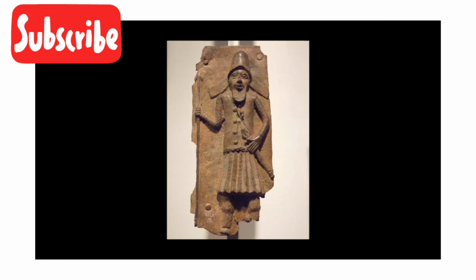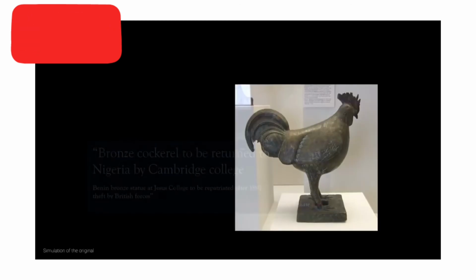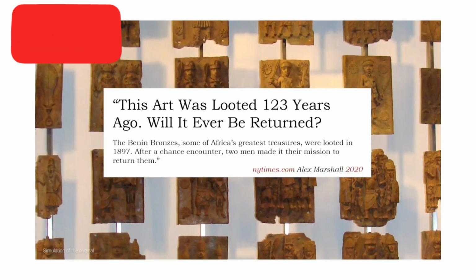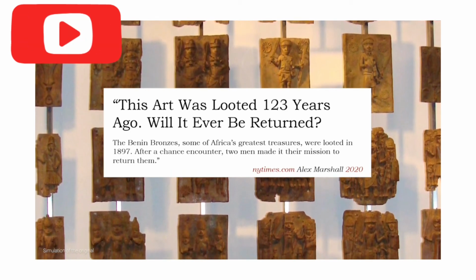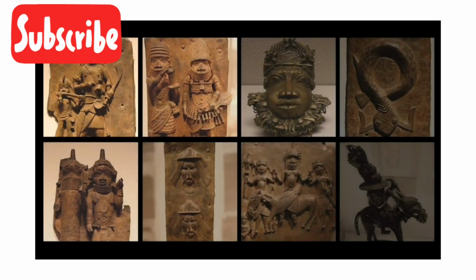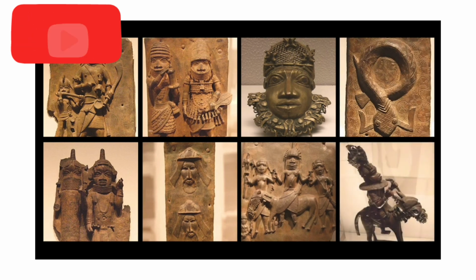So, whether we can fully appreciate or understand the Benin bronzes while they remain outside of their original context remains an open question. But many argue that since they were taken from Benin as war booty, they should now be returned to Benin. This is an issue that will no doubt continue to be hotly debated. In the meantime, if you'd like to know more about the Benin bronzes, what they mean, how they were made, and how they ended up in